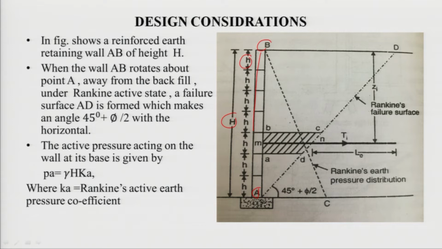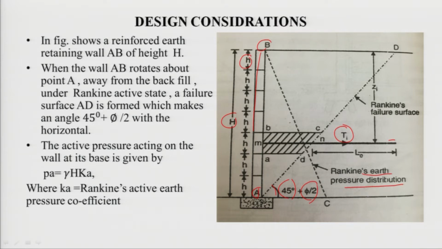This is the angle, that is 45 degree plus phi by 2. This is Rankine's earth pressure distribution, and here is a reinforcement having a tension T i. So, we can see here